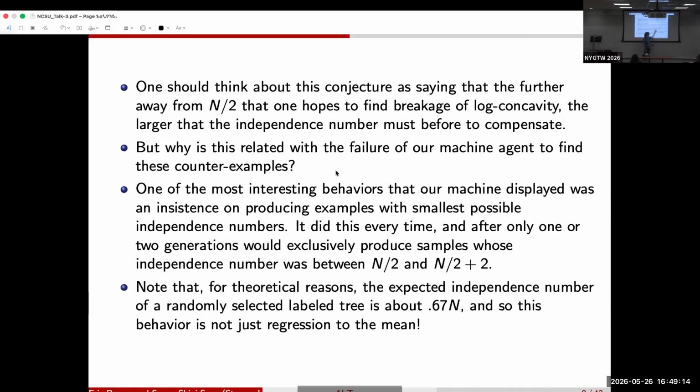But the machine, again, consistently kept producing trees where the independence number was as small as possible. It just started doing that. What if you change your optimization algorithm to improve a different index, not the middle one? Yeah. So if you take the scoring function that we started with and you choose any other index,